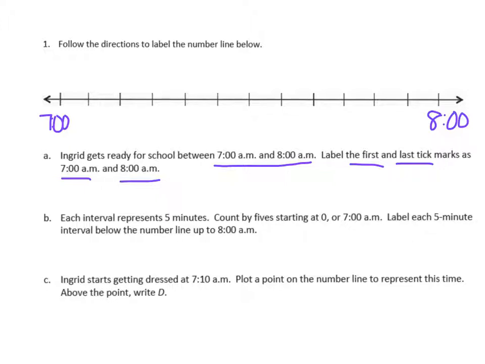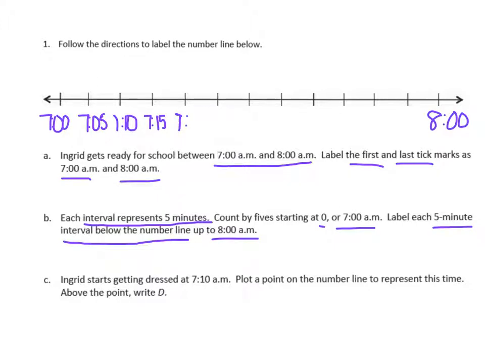Each interval represents 5 minutes. Count by fives starting at 0 or 7 a.m. Label each 5-minute interval below the number line up to 8 a.m. So here we would have 7:05, then 7:10, 7:15, 7:20, 7:25,